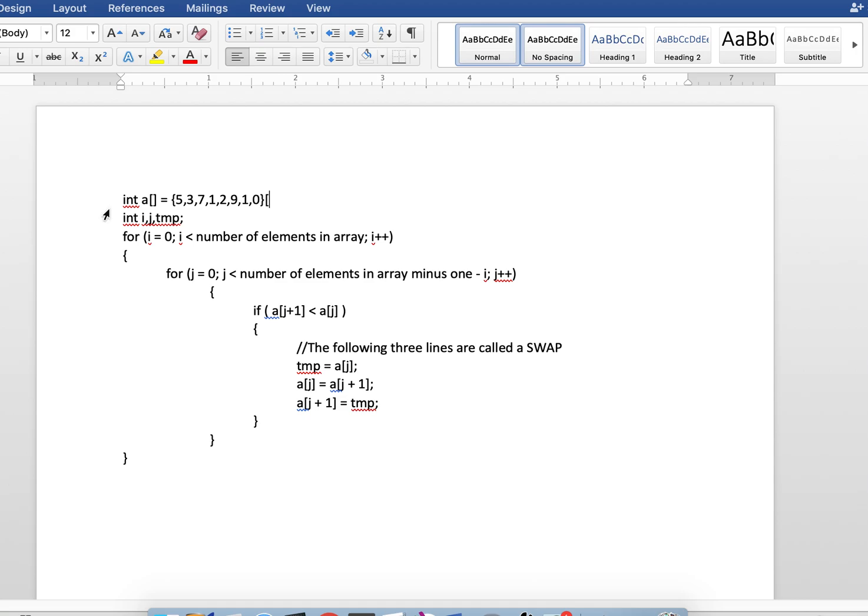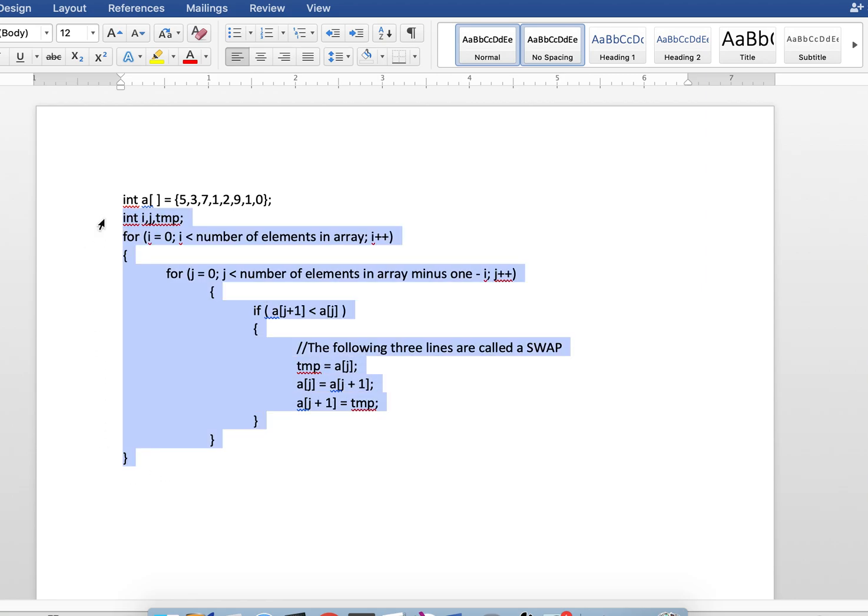So I have an array of 1, 2, 3, 4, 5, 6, 7, 8 integers called a, and I'm going to sort them using this bubble sort. What I just copy and pasted there is going to be part of your